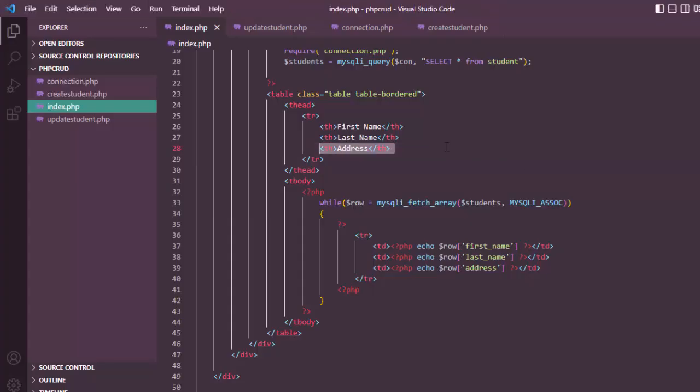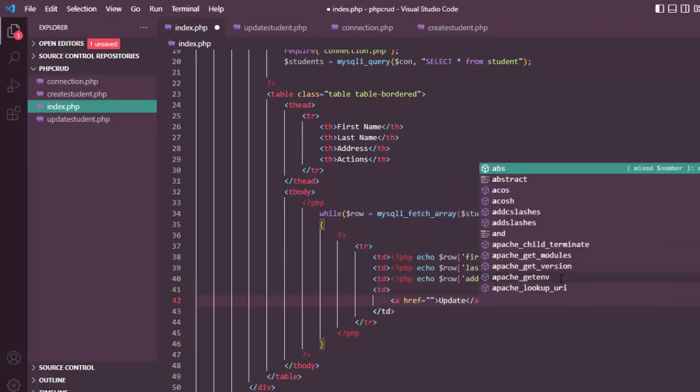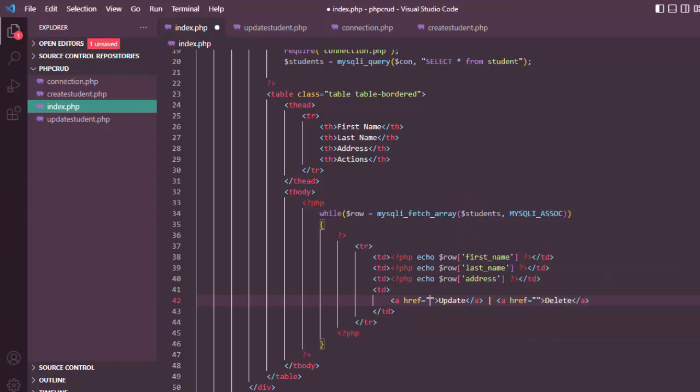Let's create another column. For update, we will create a new PHP page with the name update student, and we will pass it the student ID like this. And the same goes for the delete action. We will create this new page, and ID is equal to